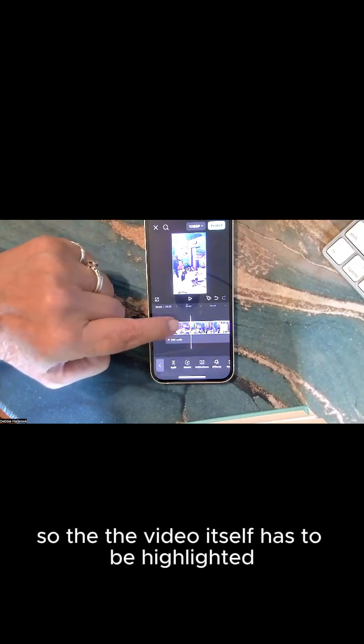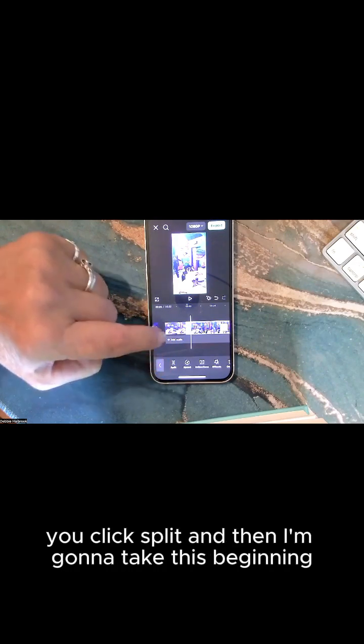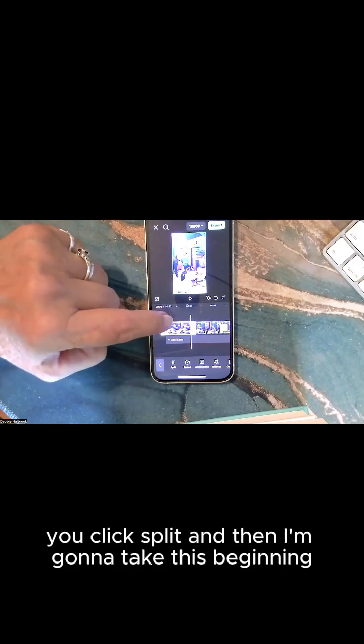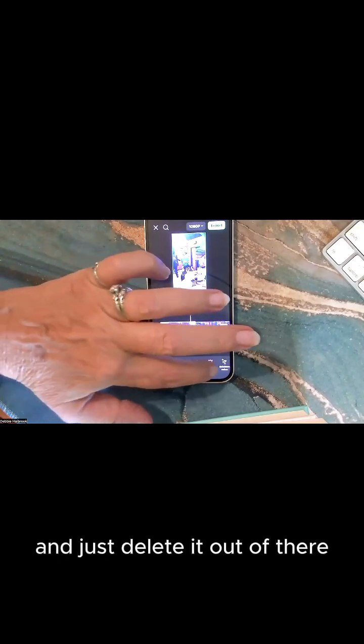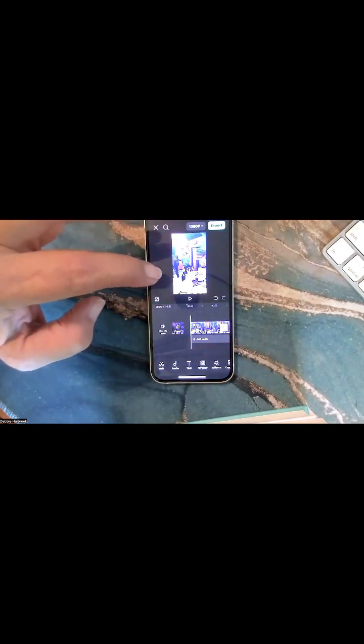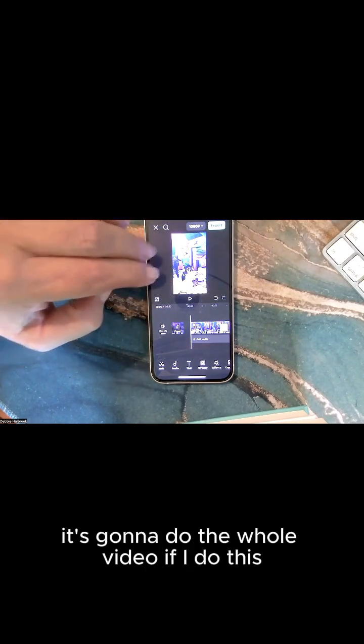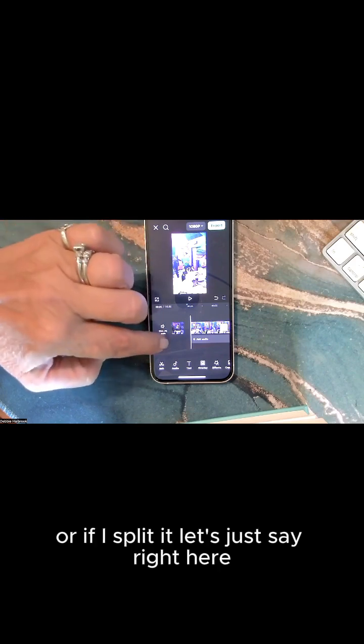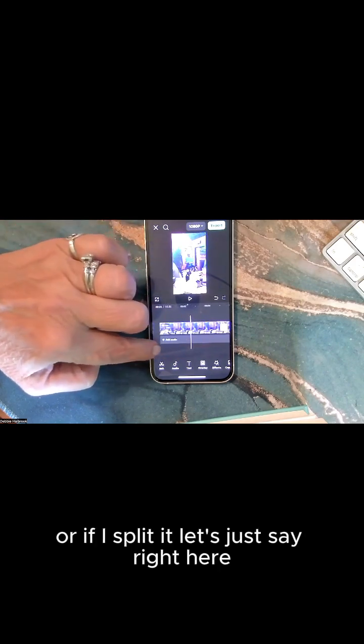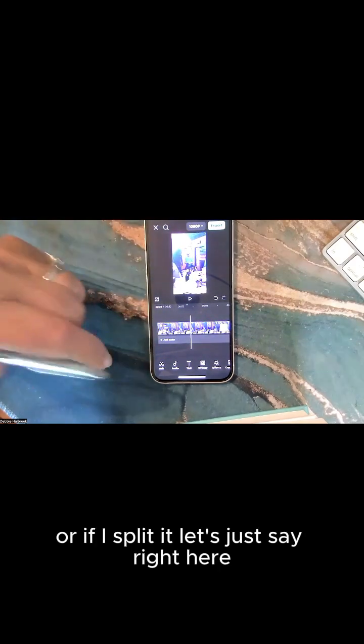So the video itself has to be highlighted. You click split, and then I'm going to take this beginning and just delete it out of there. Okay. And now what I'm going to do is, since I don't want everybody to see the kind of mess on the table, it's going to do the whole video if I do this, or if I split it, let's just say right here,